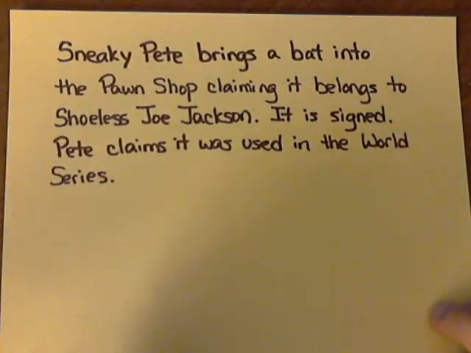Okay, here's a problem using carbon-14 dating. We've got our typical con artist, Sneaky Pete, who brings a baseball bat into the pawn shop. It claims it belonged to Shoeless Joe Jackson and was used during the Black Sox scandal World Series. It does have Joe Jackson's name on it. So before we agree to purchase the bat or to take it in, we want to test to see